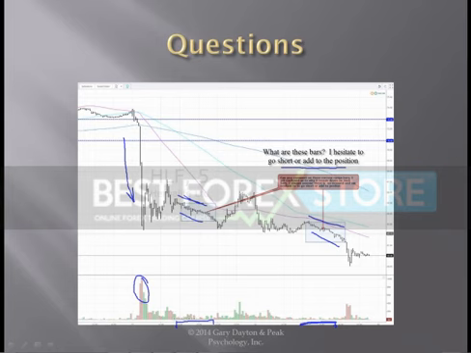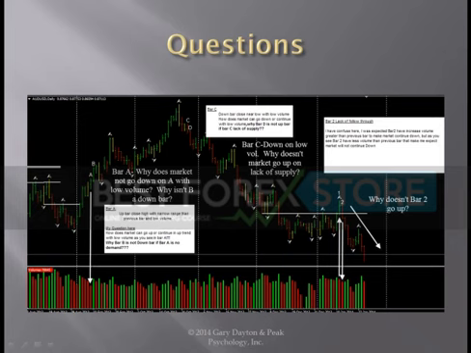Like yesterday, yesterday was pretty straightforward trending. The day before, Thursday, was less clear. If you use the Weiss wave and look on the charts, Thursday was less clear to me than yesterday. Yesterday was one heck of a day that did a lot of damage to the market. And we were looking at that in deep practice.